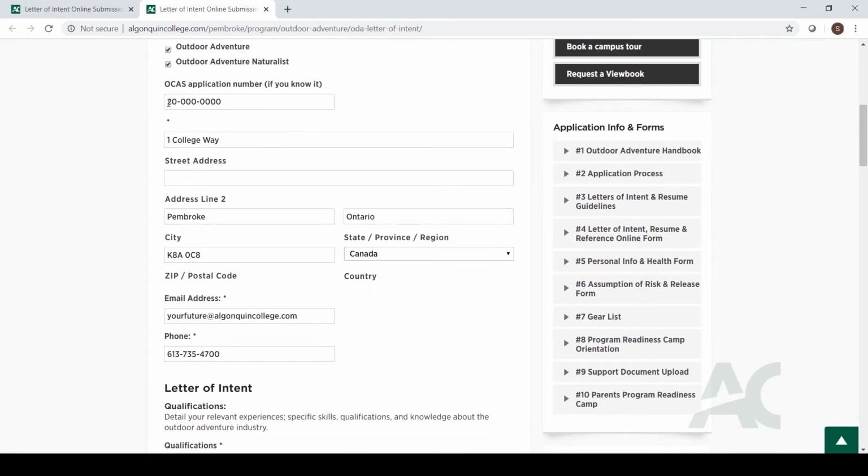The next box is asking for your Ontario College Application Service application number. If you do not know what that number is, you can find that number on your Ontario College program profile where you submitted your application for the Outdoor Adventure programs. Just a quick note, the first 2 numbers in the OCAS application number will be the year that you are